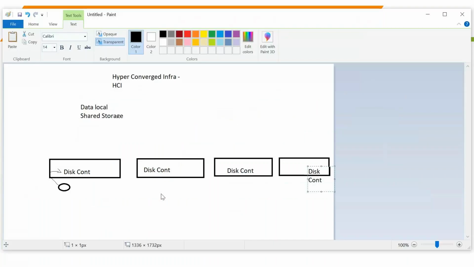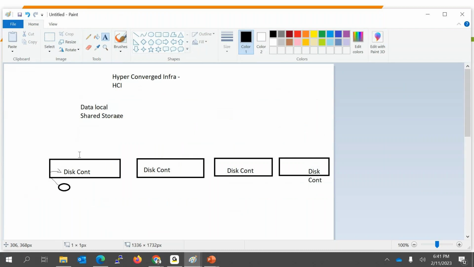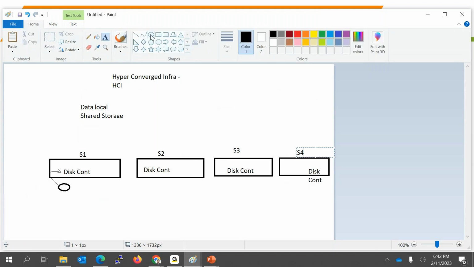But here, this is server 1, server 2, server 3, and server 4. I have four servers, and on each server there is one disk controller, so I get 4 controllers in total. Here is some local storage, here is some local storage, and here is some local storage. So every server has a controller.